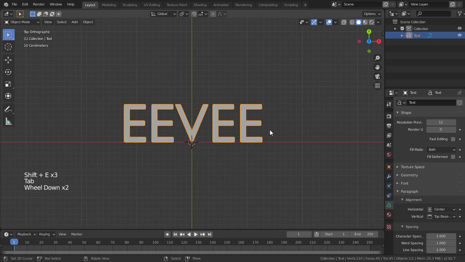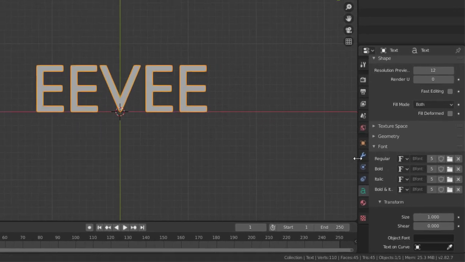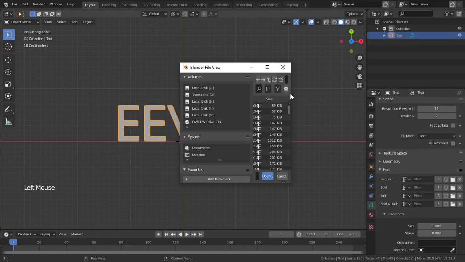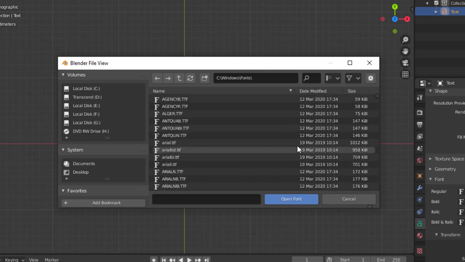This text is in the default font, so we need to change the font type to get different styled text. Therefore, go to the font drop-down in the object data properties of the text. You can see there are many options to get different types of fonts. But the problem is all the panels are empty, therefore we have to set these fonts manually. First, we need to choose a font by font file. Just click the open font at the regular and see what it shows. You can see there is a list of fonts, but you can't see the styles of the fonts.